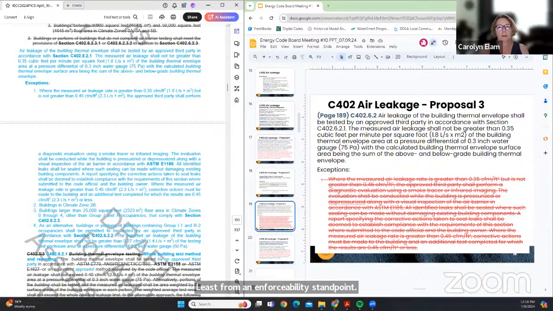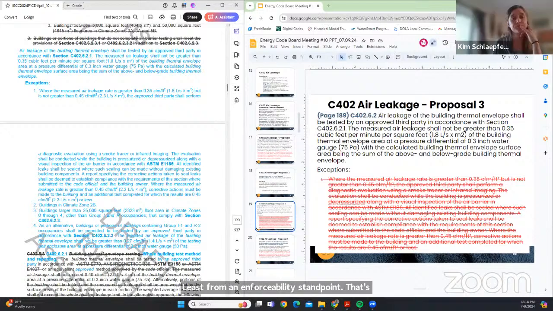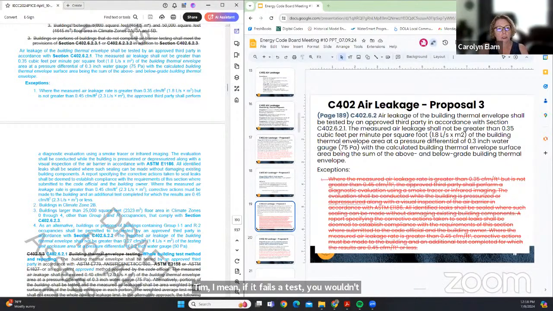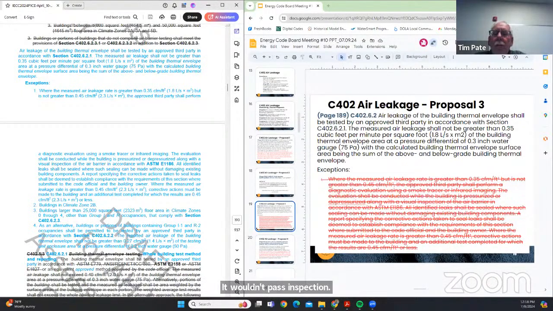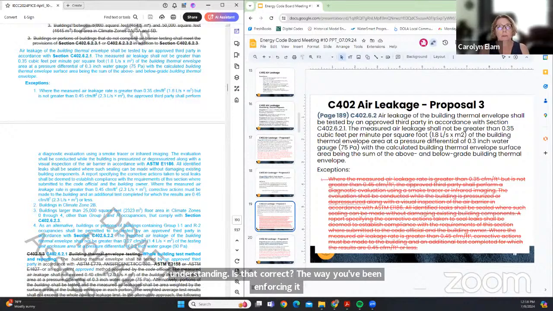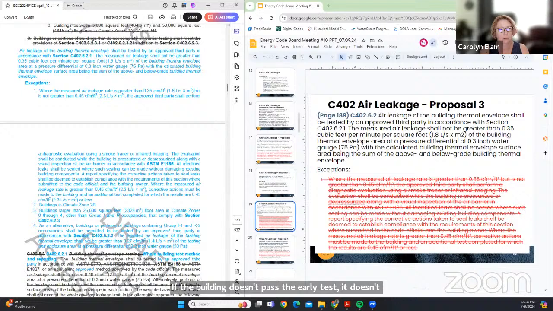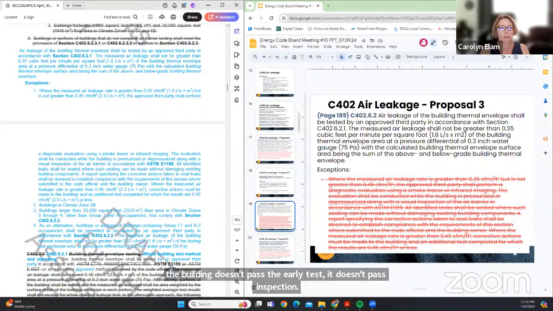Can I ask a clarifying question? Sure. Tim, I mean, if it fails a test, it wouldn't pass inspection. Well, it's a report that's turned in at the end, is my understanding. Is that not correct, the way you've been enforcing it? No, I mean, if the building doesn't pass the air leakage test, it doesn't pass inspection, and therefore it has to be remedied.